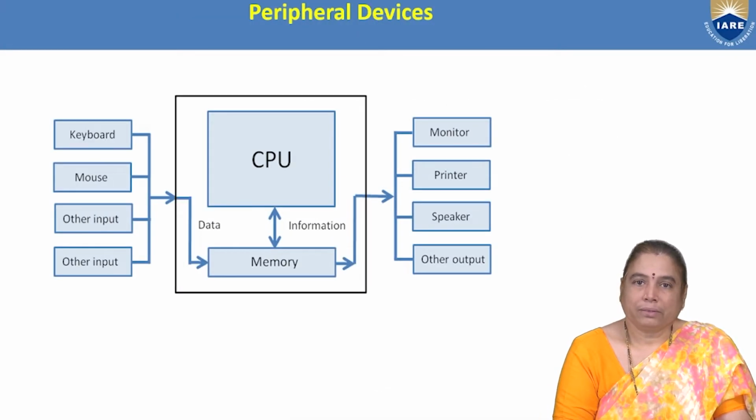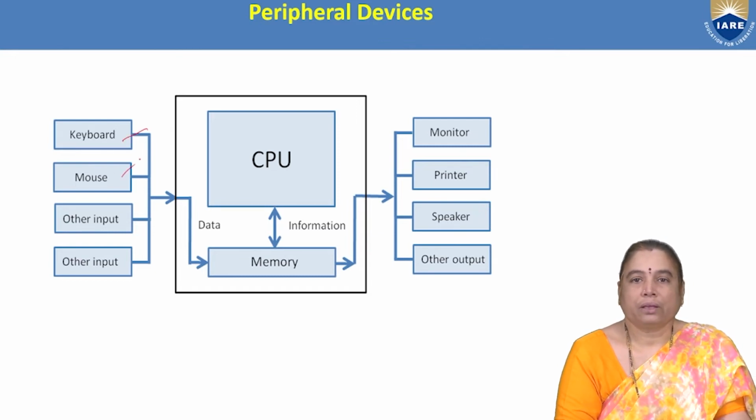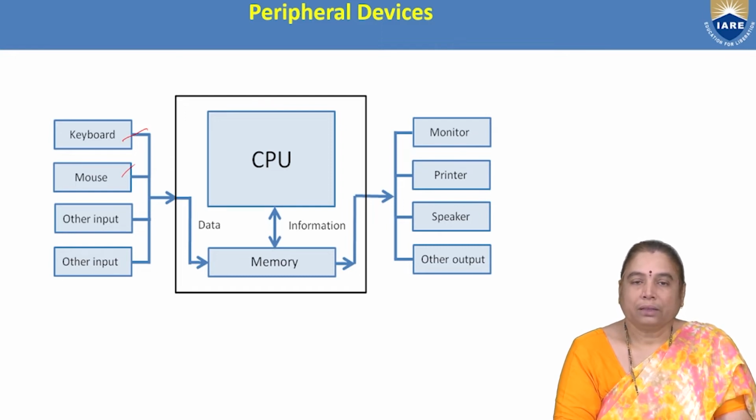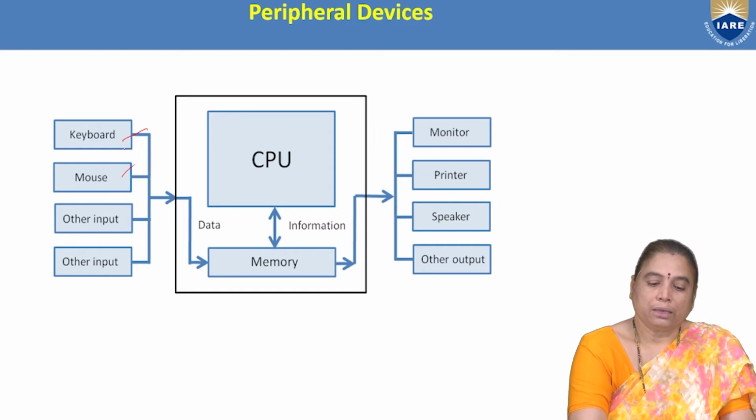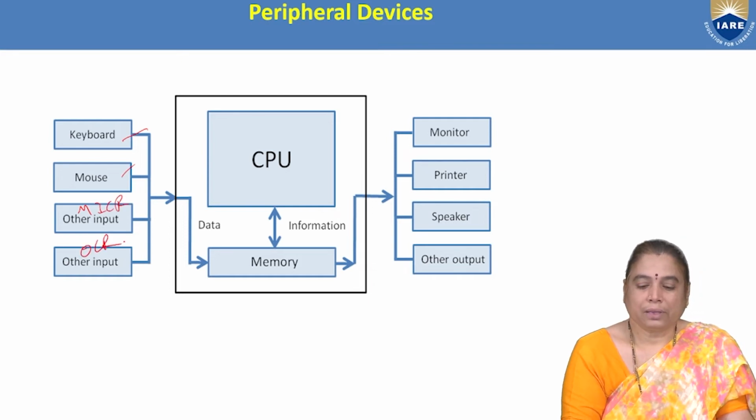How are these peripheral devices connected? Here we have keyboard and mouse, but not only these two varieties are available. In earlier videos, we discussed various input devices. Here the devices available are MICR, OCR, OMR, and joystick. All these are varieties of input devices. Depending upon the user application, one or more input-output devices can be connected to the computer. Here, along with keyboard and mouse, you can use any other input device like MICR or OCR, and these devices can be connected